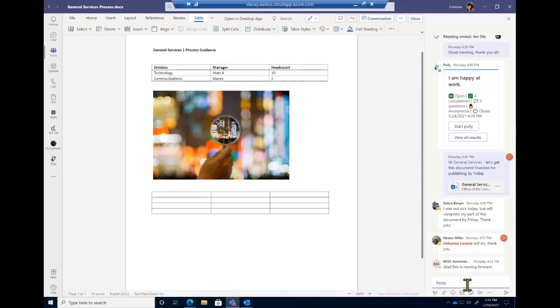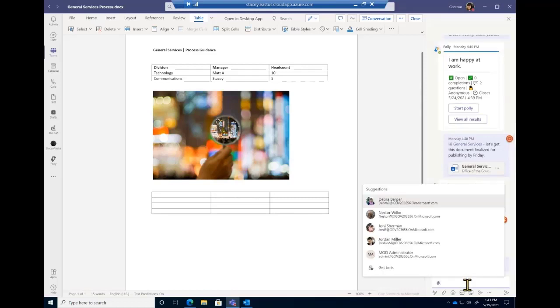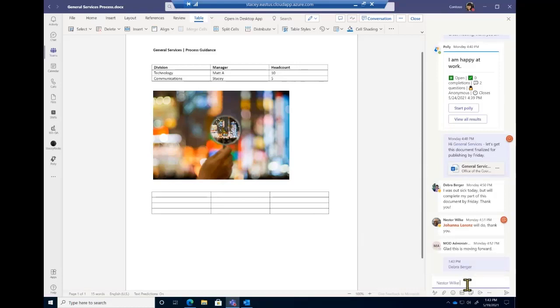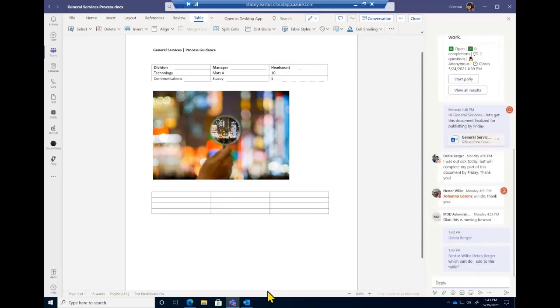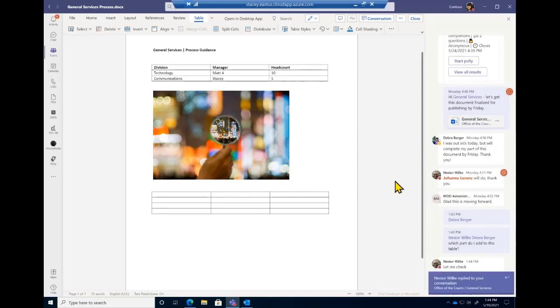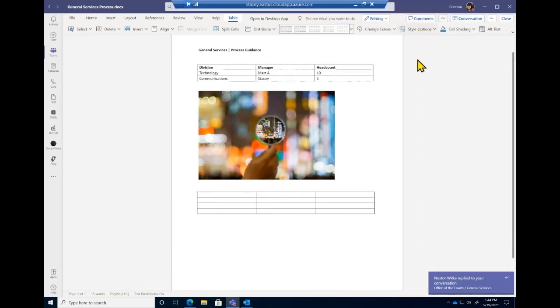So I could say, oh. So I can ask a question without having to mark up the document first. So really love the fact that you can show the conversation thread and have discussions around it while you're working on it. So then I can close it here.